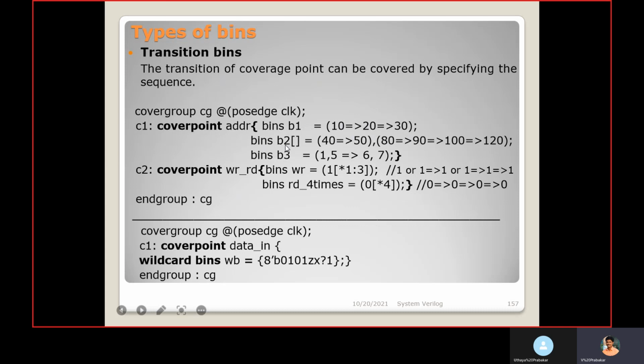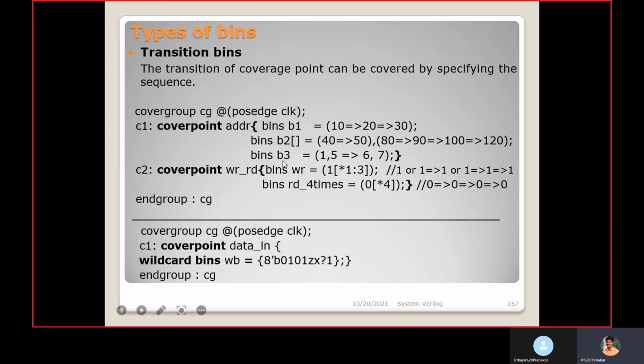Here also you can use an array of bins, B2 array bin. So when the transition 40 to 50 happens, B2 of 0 bin will get a hit. From 80 to 90, 90 to 100, 100 to 120, if this value sequence happens, B2 of 1 bin will get a hit.